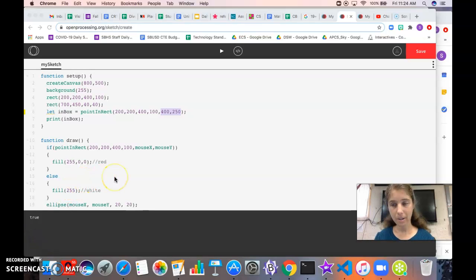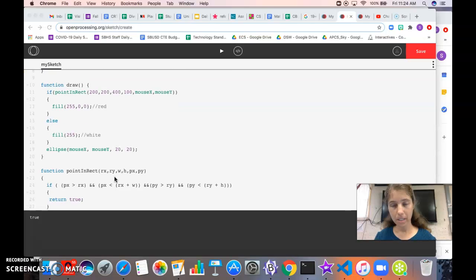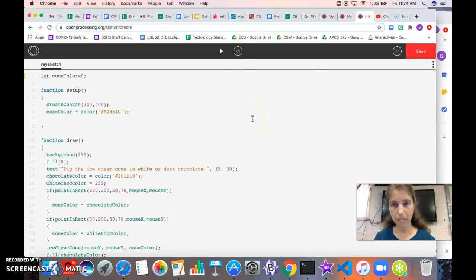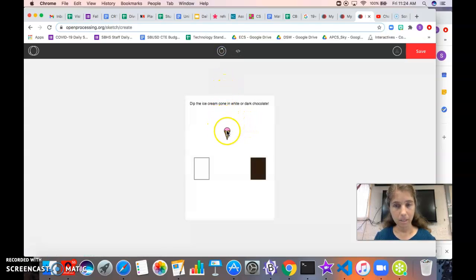So now that we have our pointInRect function, we can come up with some kind of fun applications for it. I'm going to switch over to the last example. In this one, we have an ice cream cone that follows the mouse. We use the pointInRect function to determine when our ice cream cone is in either the white or the dark brown rectangle, and then we change the color of the cone. So it's like we're dipping the cone into white chocolate,